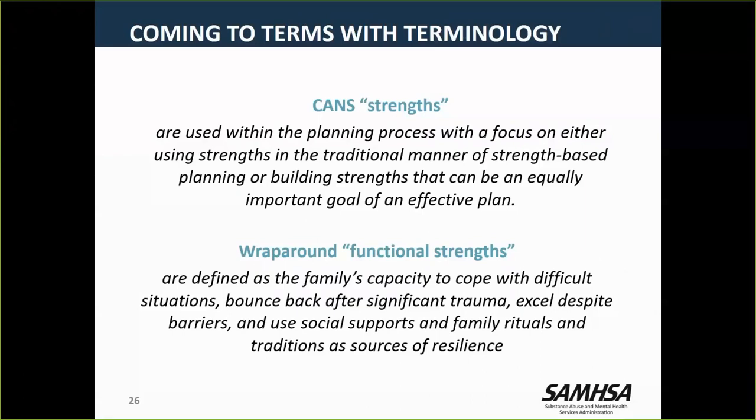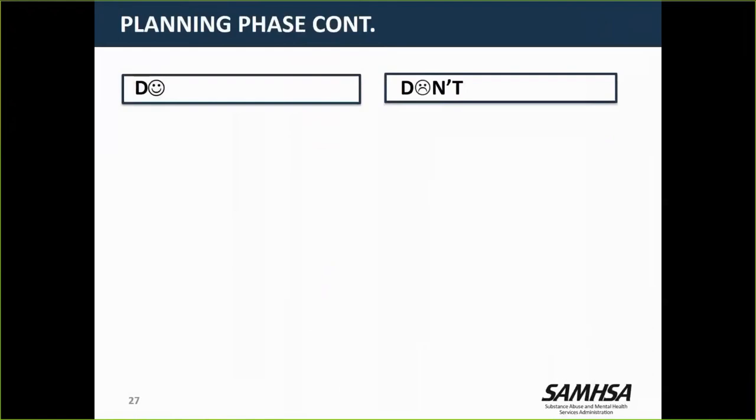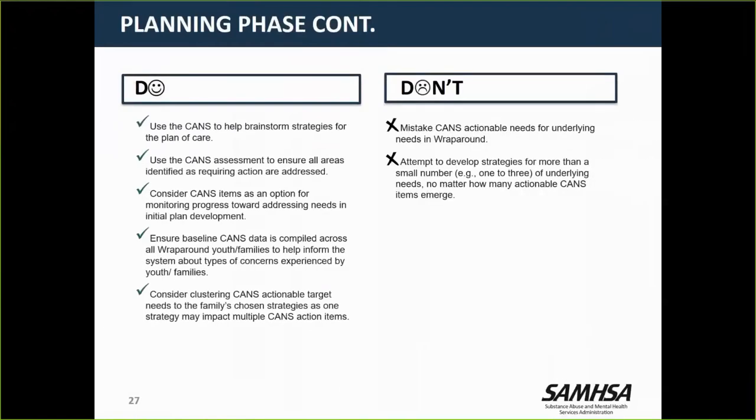So the functional strength and a CANS strength typically are overlapping, but the functional strength in wraparound is a far broader concept. It includes things that might not be listed under the categories in the CANS. Right. If you go to the next slide, we'll just summarize some of the do's and don'ts during the planning phase. But, riffing on what John is saying, the big thing here is that